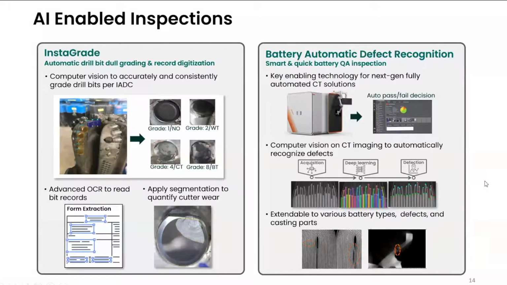The second one, which is what I'm currently working on, is called battery automatic defect recognition. We actually have a lot of projects, not just on battery, but developing advanced analytics for many applications with the CT machines. One is battery, and the others include aviation parts and automotive parts, and we also apply it to visual inspection equipment like the borescope, to have on-edge, on-premise advanced analytics capability to do automatic defect recognition instead of having a human look at it.